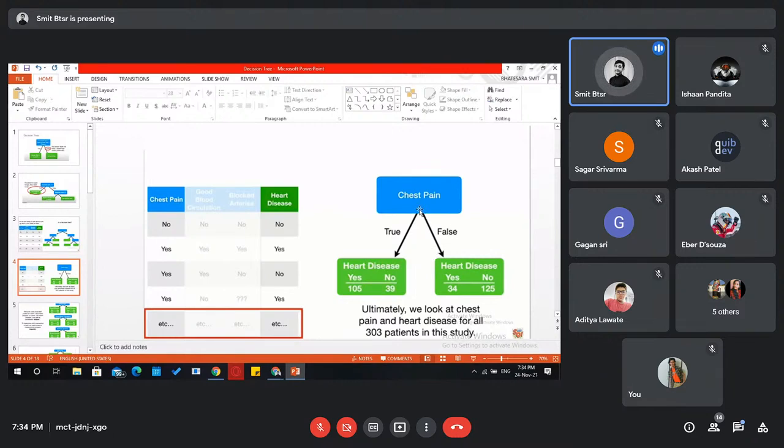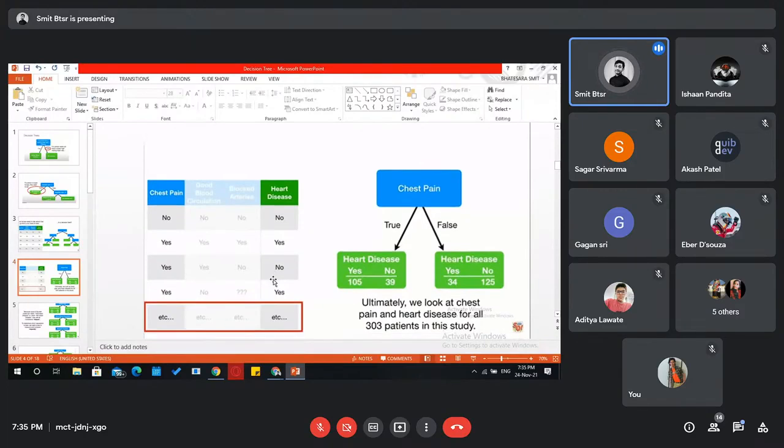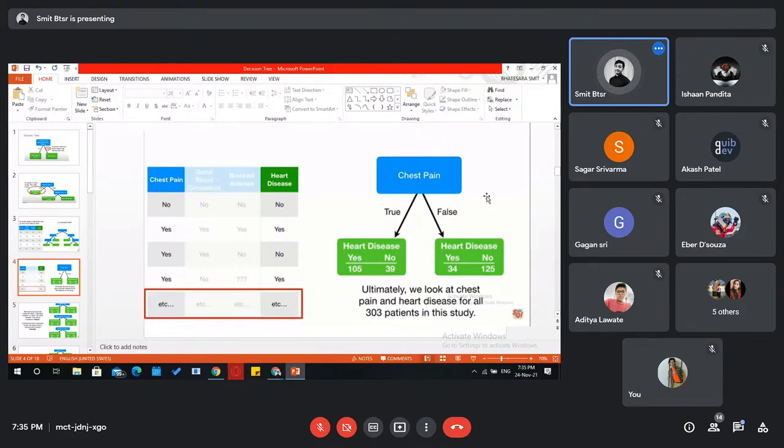So what we can do is, for each row, we can count the relation. Here I will explain how we represent it. We first take this attribute, chest pain. As I mentioned, we have two possible outcomes, right? True or false. If chest pain is true, then there can be two possible options: the person might have heart disease, or he or she might not. Similarly, if there is no chest pain, then also there can be heart disease, or there cannot be heart disease. Sometimes the pain isn't felt, but there is some problem in the heart.